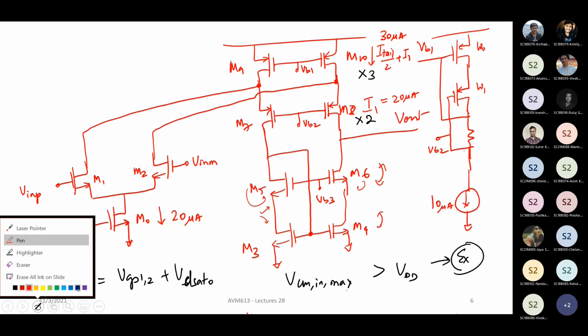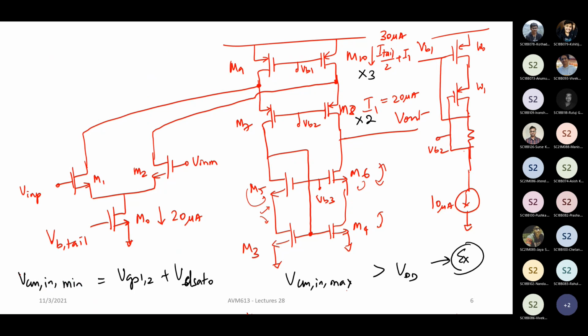So here, if I might just annotate on this one, so you will have, this is your output pole, let us call it as P1, which is your output pole. Obviously, you will have pole 2 here, pole 3 here, right? And you'll have a pole 4 here, and you'll have a pole 5 here. In the case of a single-ended case, right? Anyway, and also you'll have pole 6. Right? So you have these 6 poles in your single-ended case.